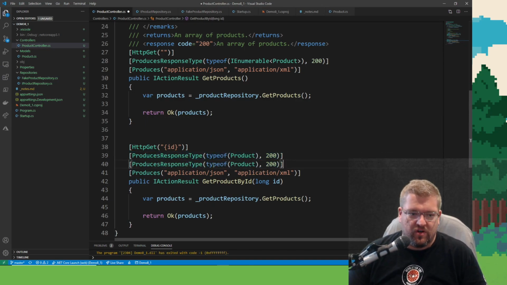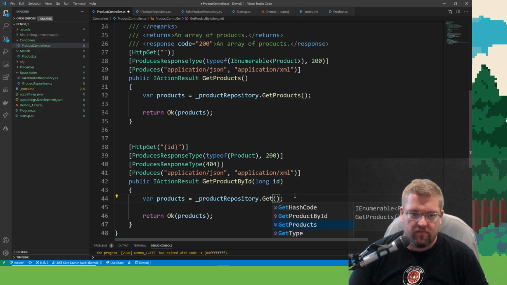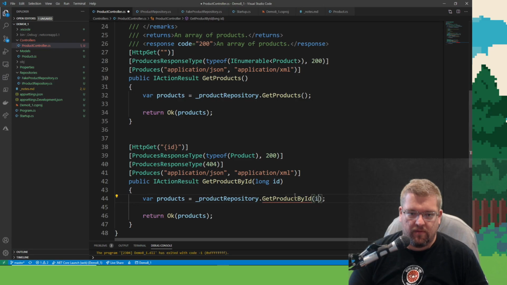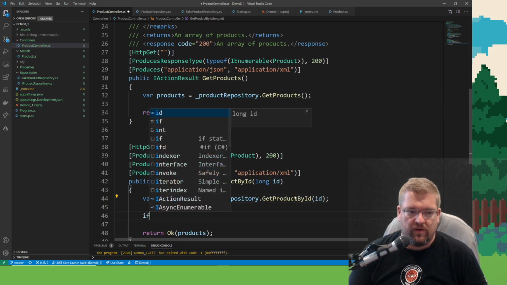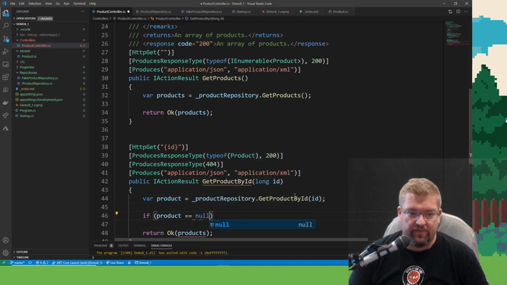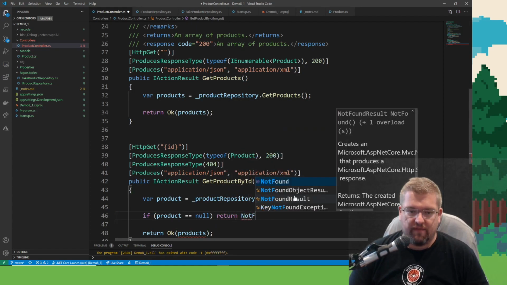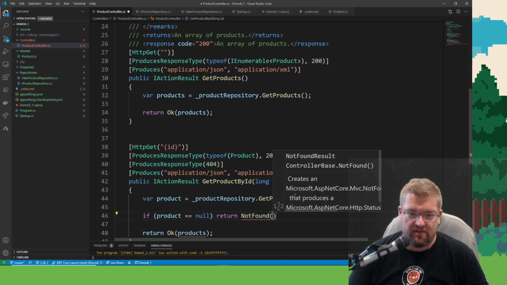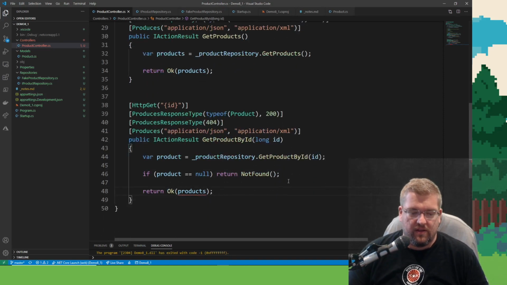It can also return a 404 not found. Pass in the ID. So if products, really should just be product. If product is equal to null, we'll return not found. If it is found, we'll return just the product.